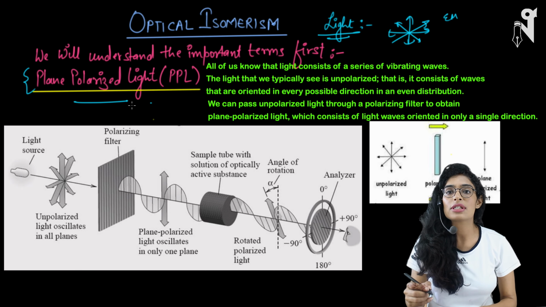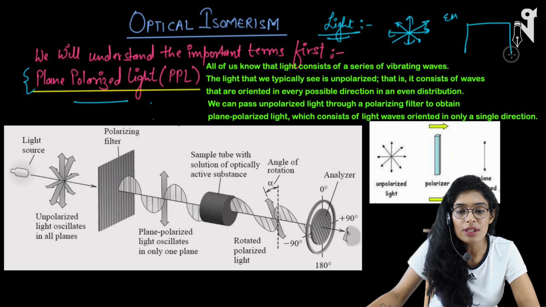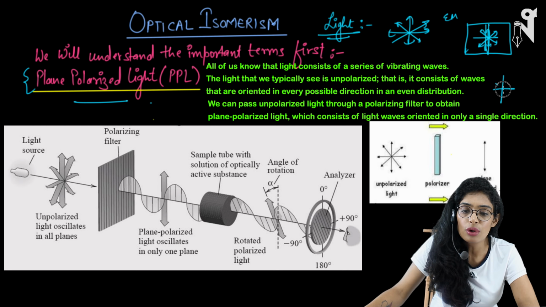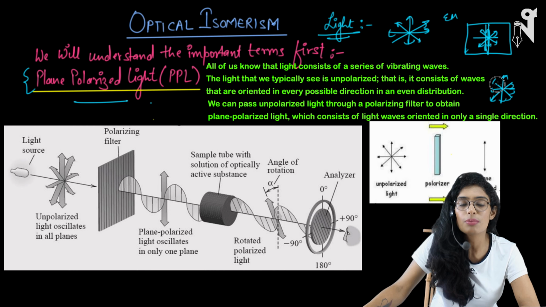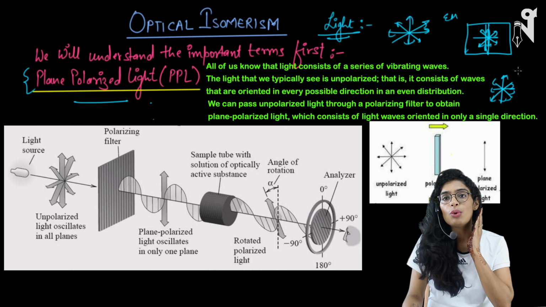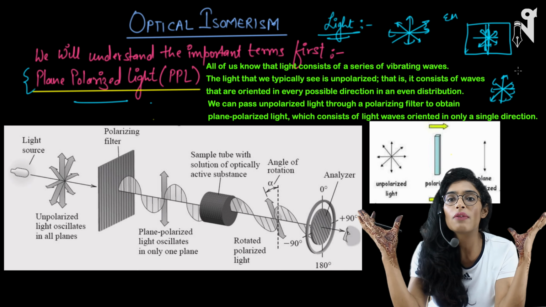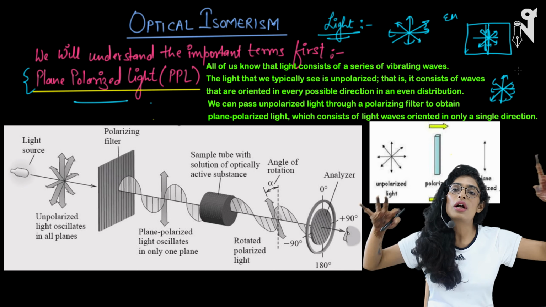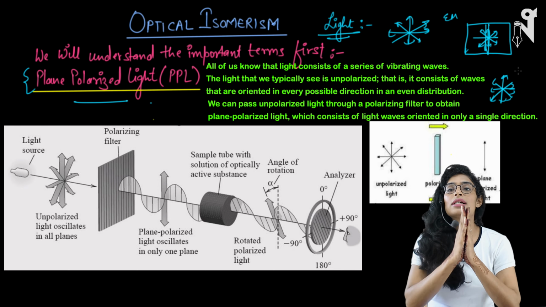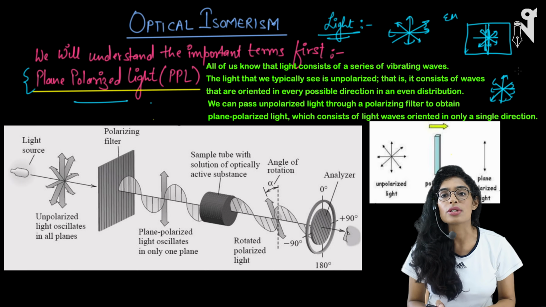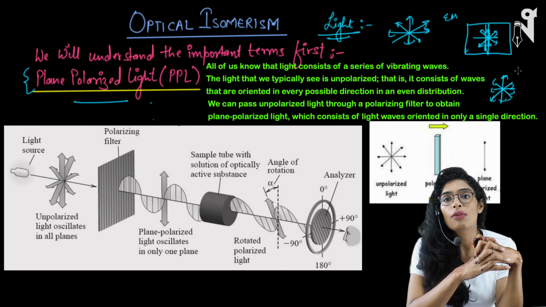It is like if I have a substance like this which has only a vertical slit, and you pass this multi-directional thing through it. Just look at it carefully. If you pass it through a single straight vertical slit, what part of it will be able to pass through and the rest will get neglected? All the other directions will get neglected, and only the one single straight wave can pass through, because the slit is vertical, not in all the directions. That's how we restrict the plane of the light.